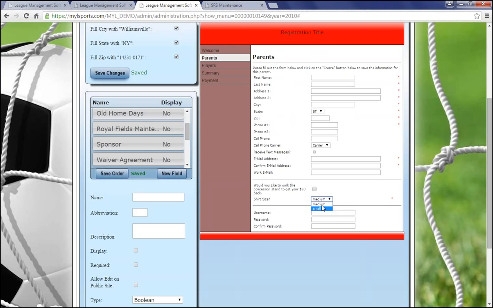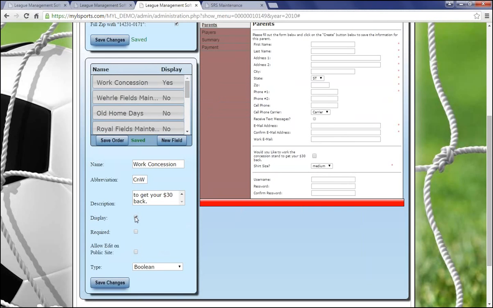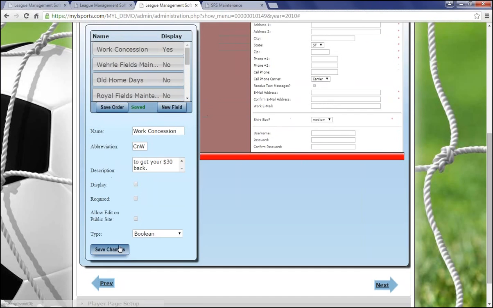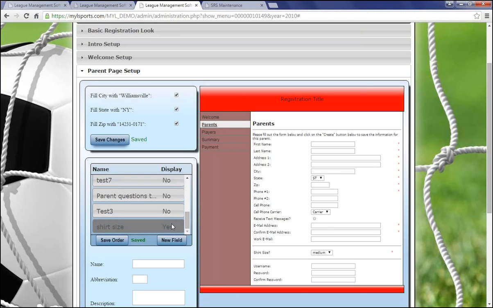We have 2 options for shirt size, and we have it required. We can also go back in here and say we don't want these to display. We can come back in, check display, save our change. And then if we don't want to display the new shirt size,